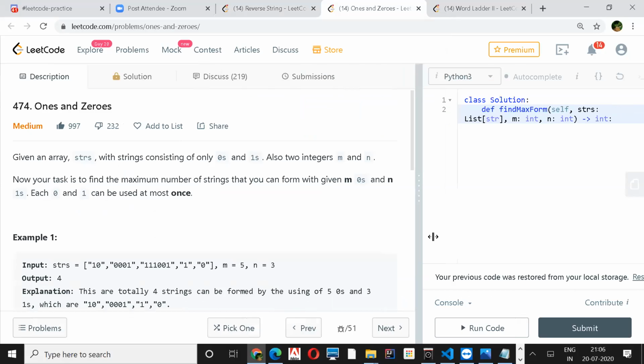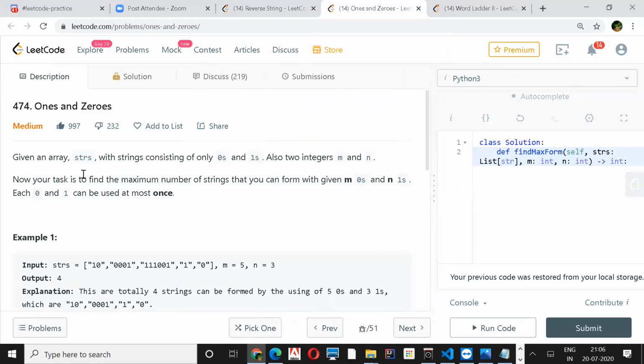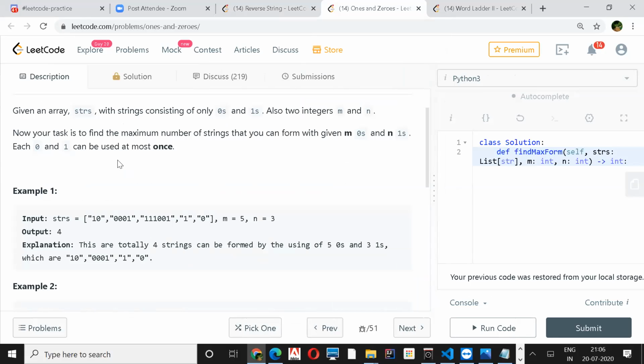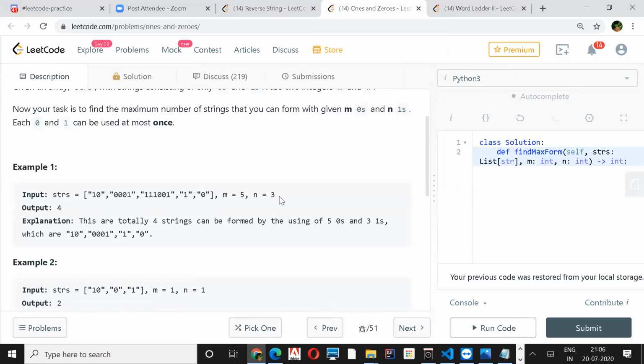Here they have given an array of strings which are composed only of zeros and ones, and two integers m and n. Our task is to find the maximum number of strings that one can form with the given m and n, and each 0 and 1 can be used at most once. So your m is 5 and n is 3.